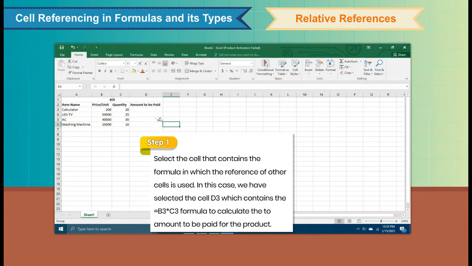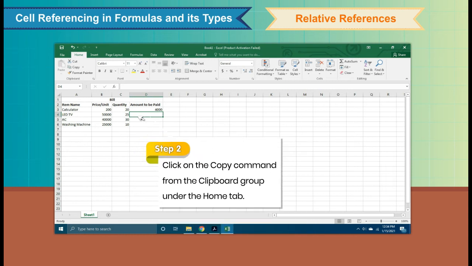Step 1. Select the cell that contains the formula in which the reference of other cells is used. In this case, we have selected the cell D3, which contains the equal B3 multiplied by C3 formula to calculate the amount to be paid for the product. Step 2.